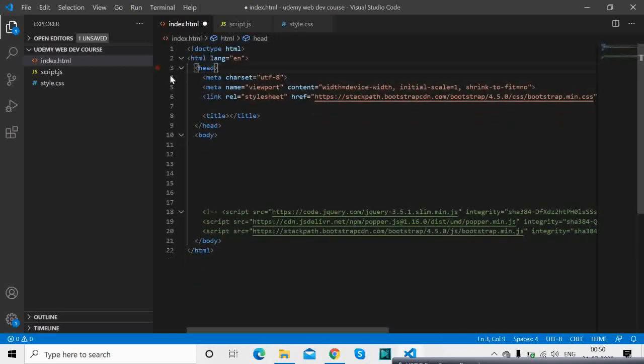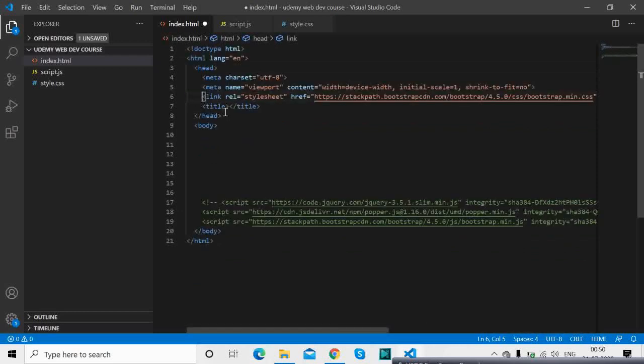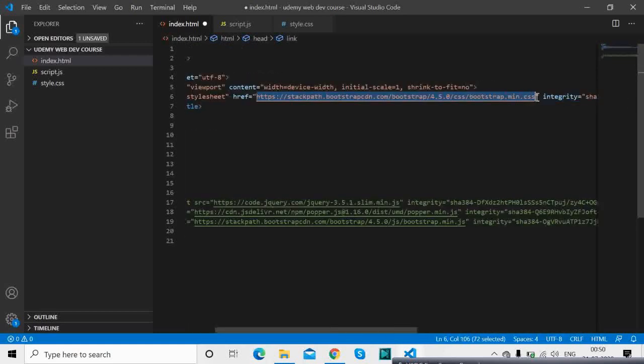Let me give you a quick understanding of what this line is. This line is referencing the CSS. You see, this is a .css file of Bootstrap. Bootstrap has some out of the box styling, and this stylesheet we are linking directly, and it is getting delivered using something called a content delivery network, so you see CDN over here.